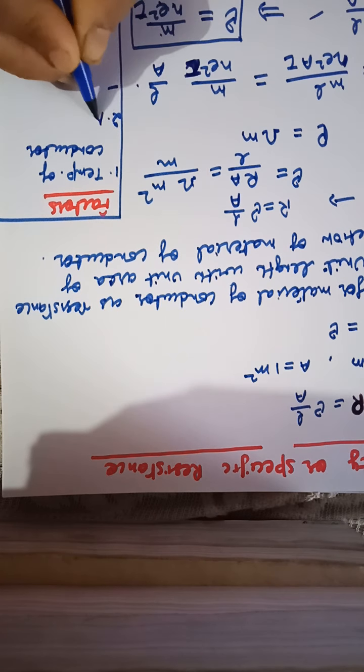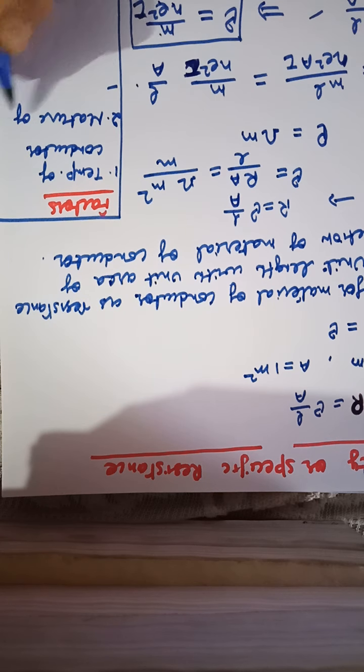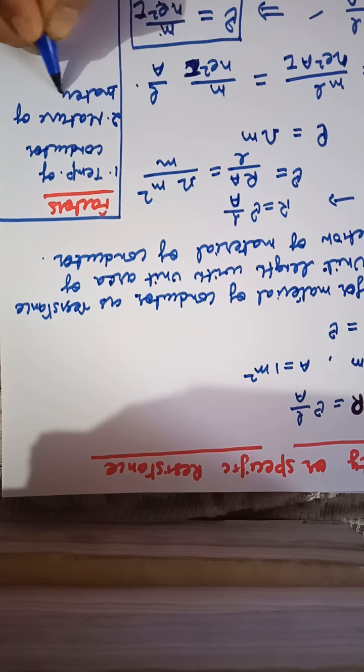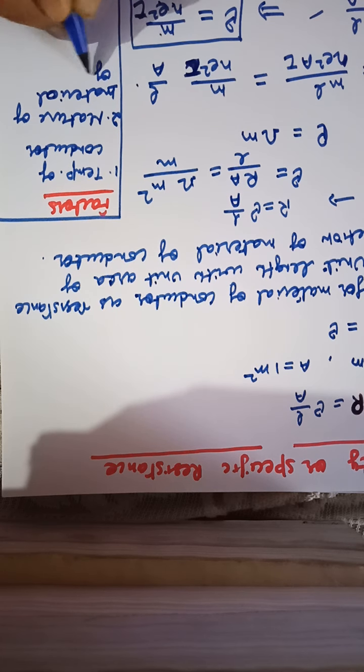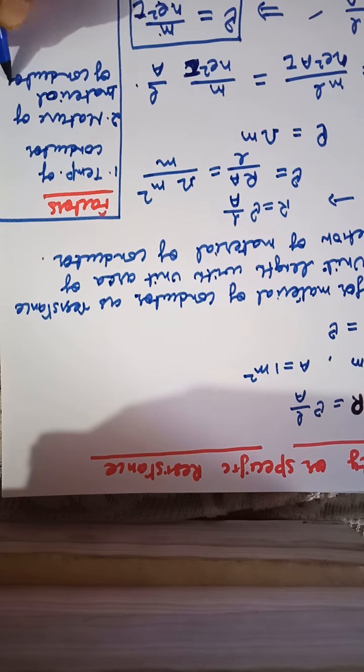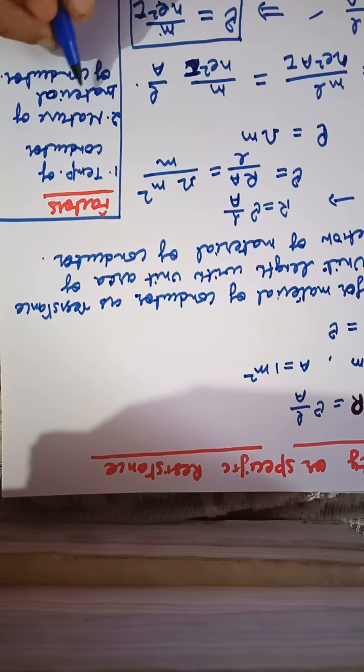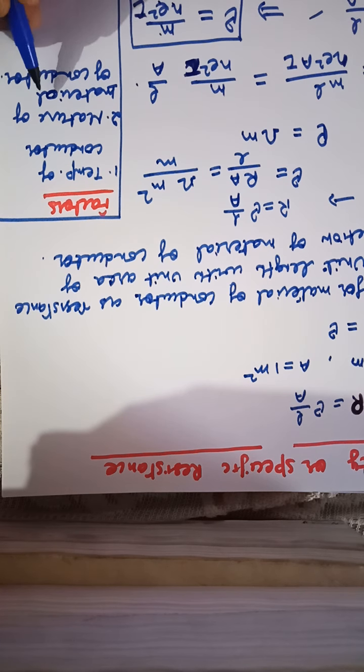Second is the nature of the material of the conductor. For different kinds of material, such as iron, copper, manganese, semiconductor, the resistivity will be different. If you change the material of the conductor in any circuit, if you take a copper wire in place of a manganese wire, or an iron wire in place of a manganese wire, then you will get a different value of the resistivity through the experiment. So these are the two factors.